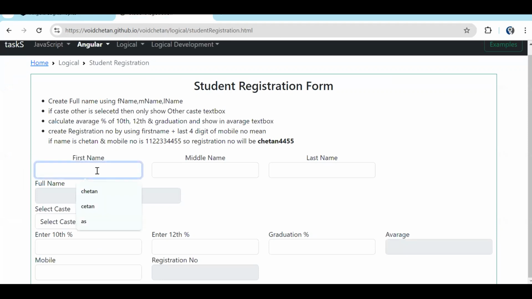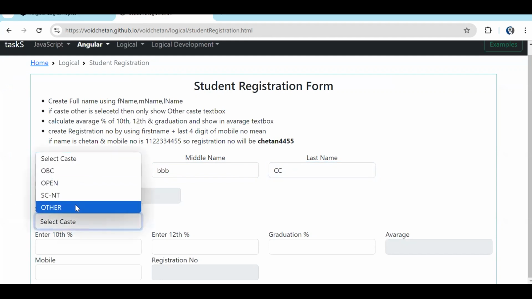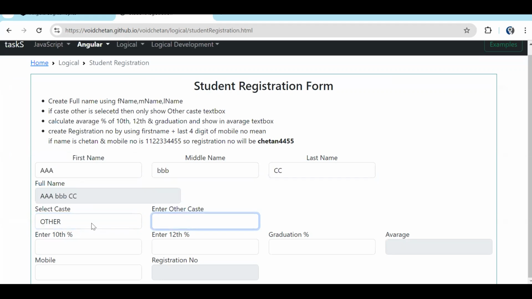See, A, B, C. So you can see as I type, my full name is getting generated. If I select other, text box is visible. If I select open, it is getting hidden. Let's try adding percentage 40, 50. So you can see 40% average we have got. Let's say mobile number 1122334455. So now over here you can see first name and the last 4 digit of our mobile number got